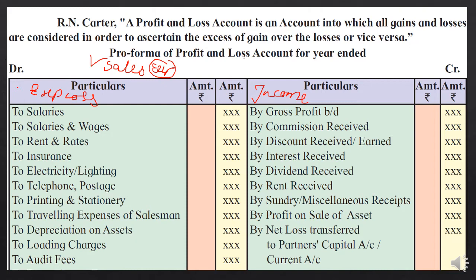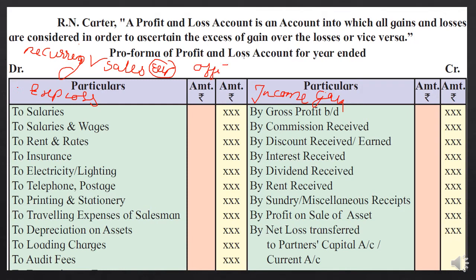P&L account is a recurring nature, so students, just remember this. Even the trading account also is recurring nature, so better you remember this word. Sales related expense losses debit will be shown, sales related income and gain credit side will be shown in the P&L account. And office related